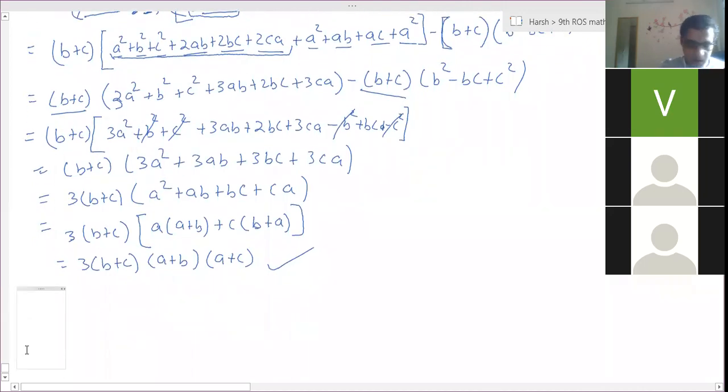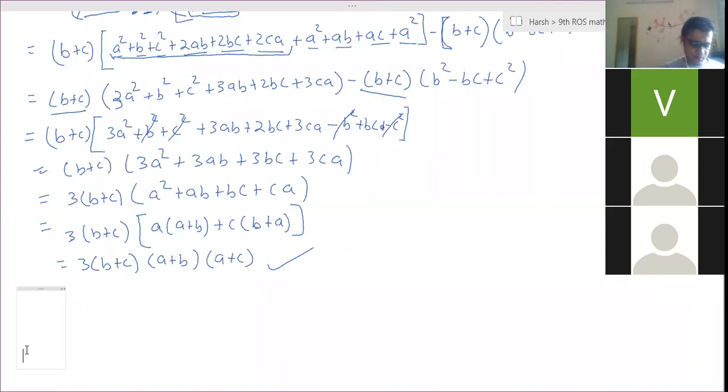NCERT is also to be done for you, exercise 2.5. I have few questions left, so please finish it fast now. Sir, I have a doubt in NCERT. Okay, let me address this first. Which question do you have a doubt in? Sir, I have a doubt in the 12th one. The 13th, I could prove it. The 12th, I have doubt.